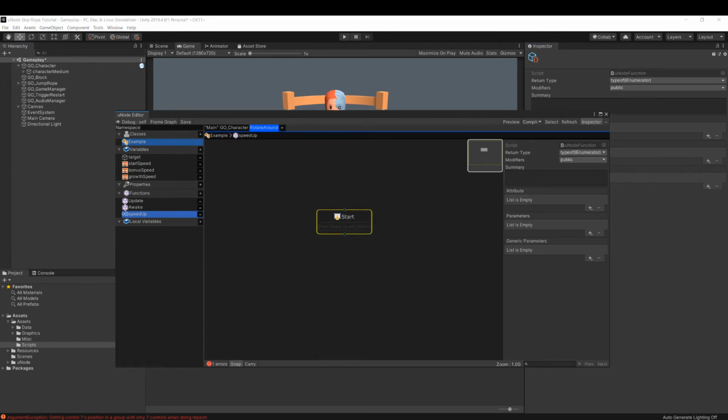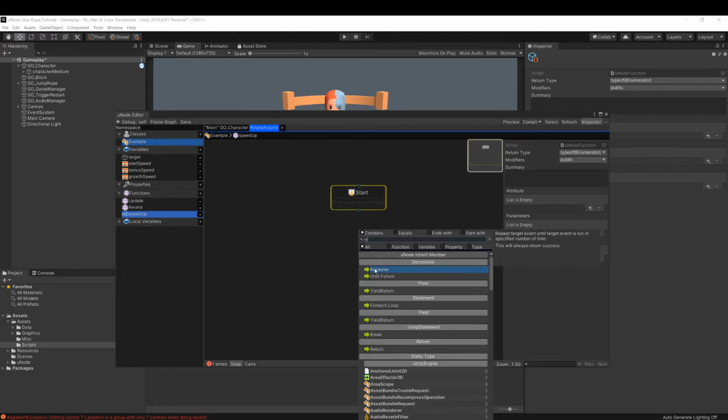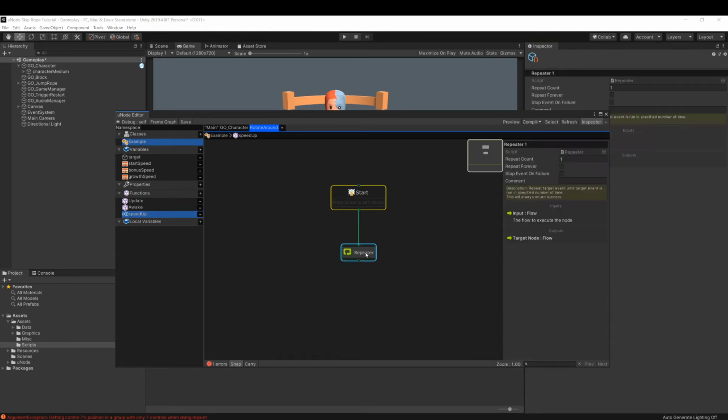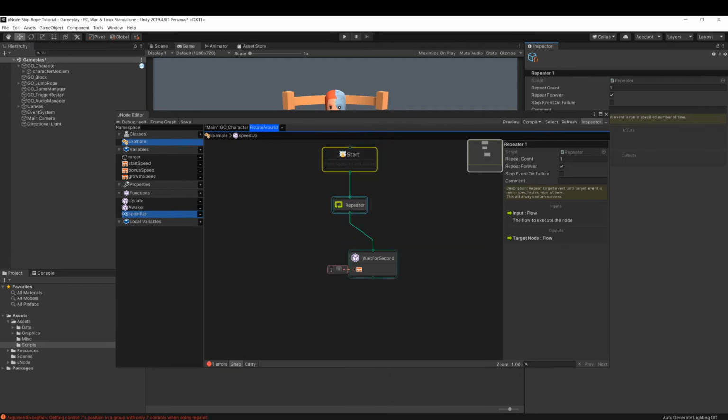And so in the enumerator, we will be making this repeat every 2 seconds with a repeater. And you click on that to make sure that you're setting this to repeat forever, so that it will continue repeating every 2 seconds and not just the first 2 seconds. Then we'll be adding a wait for 2 seconds,